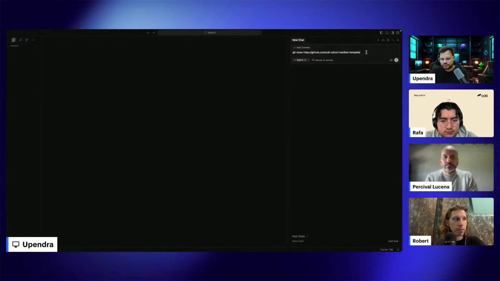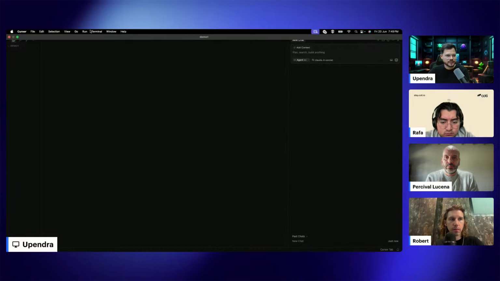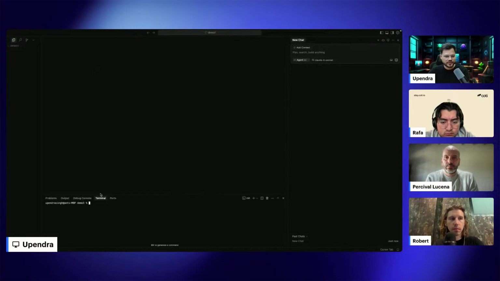So as the first step, we're going to be cloning. If you don't know Cursor, it's a simple clone of VS Code. It just gives us a chat option in which we have an agent. We can give the prompt to the agent, and the agent is going to understand the whole project for you, and then make the edits for you and suggest the changes depending on the model you are using. So it helps a lot if you are a developer. For now, we just need to clone, so we're going to open up a terminal here